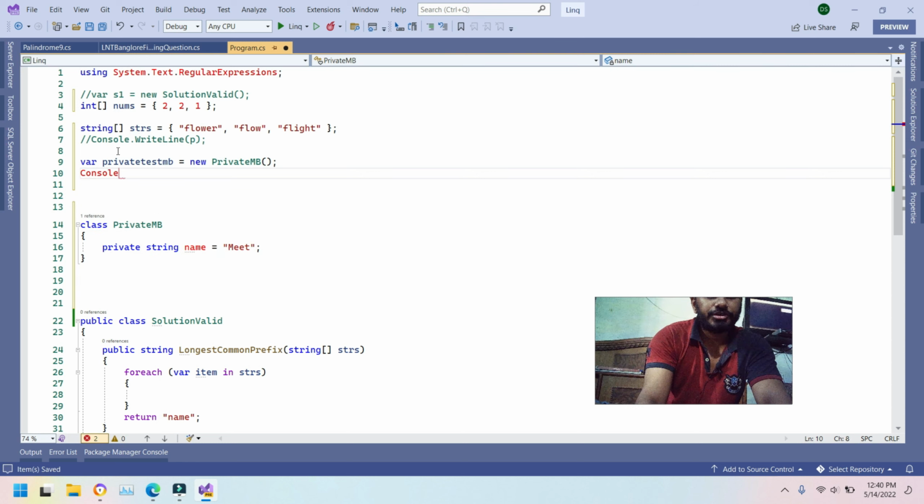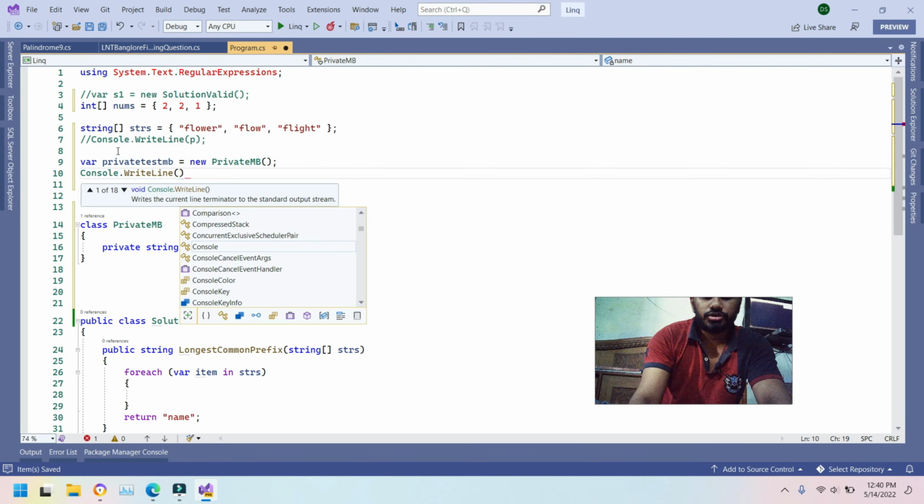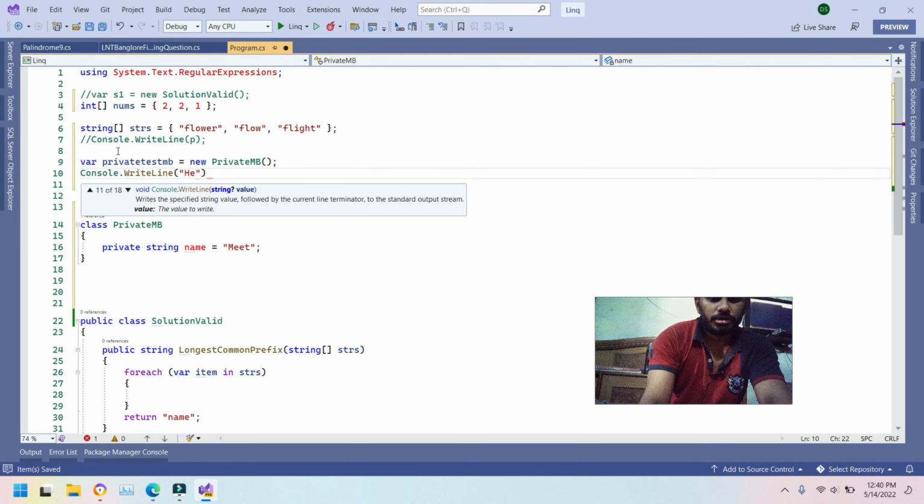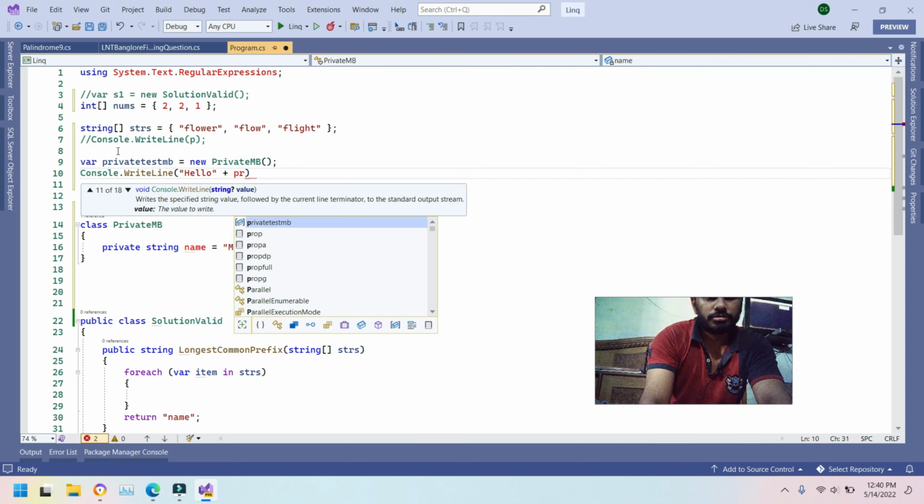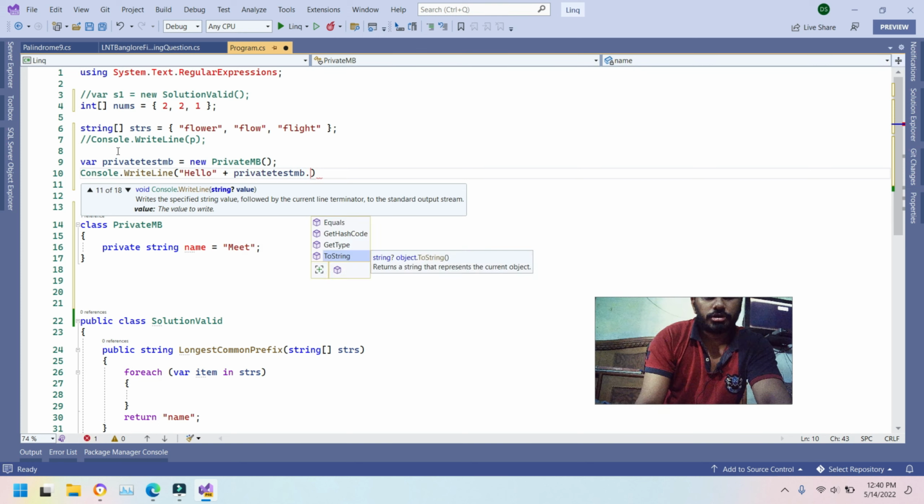Of some feature, Console.WriteLine. In Python we have some print command. So let me write here hello, and after that I will be doing, I have this private test MB dot,